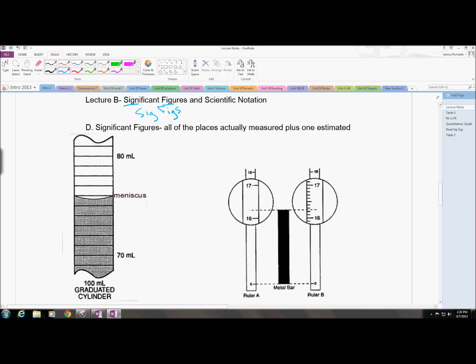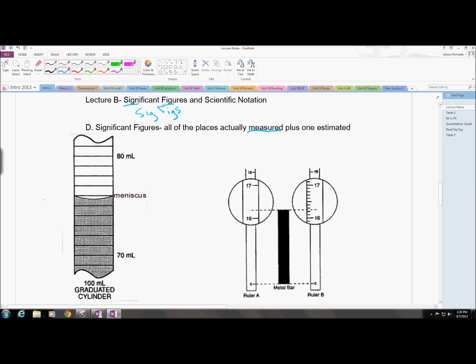Remember last lecture I said in math class you use fractions because math is using imaginary, theoretical numbers, and it has to be very, very accurate. In science, we're talking about measurements, and our numbers can only be as accurate as the instrument. So if you look at this example graduated cylinder we have over here to the side,